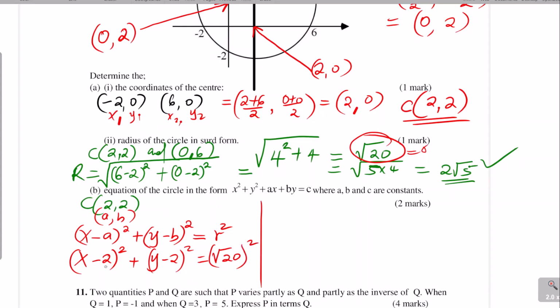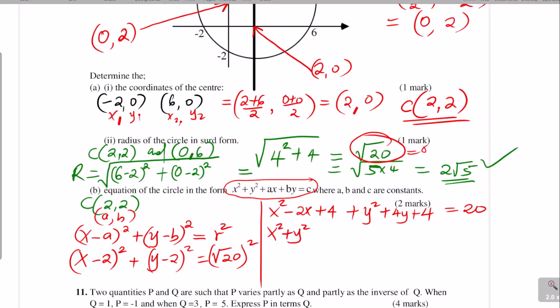Expand this: (x minus 2) squared gives x squared minus 4x plus 4. Then plus, expanding (y minus 2) squared, you get y squared minus 4y plus 4, is equal to 20, since squaring root 20 gives 20. So we reorganize this equation in order to have the required form: x squared plus y squared, then minus 4x